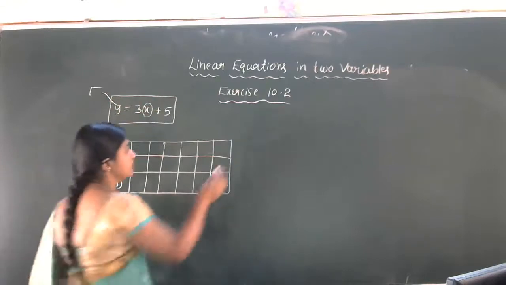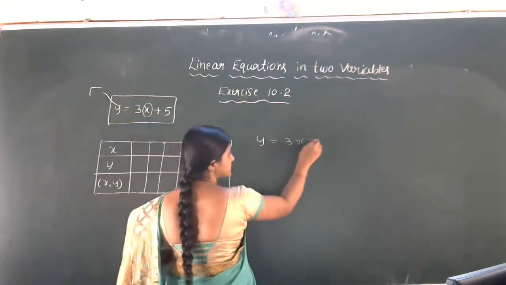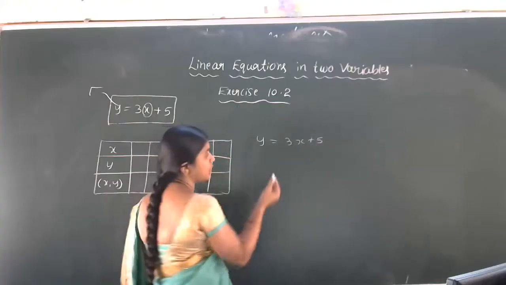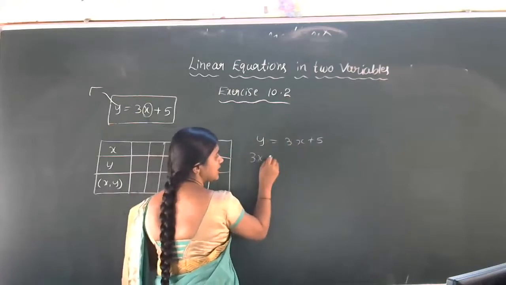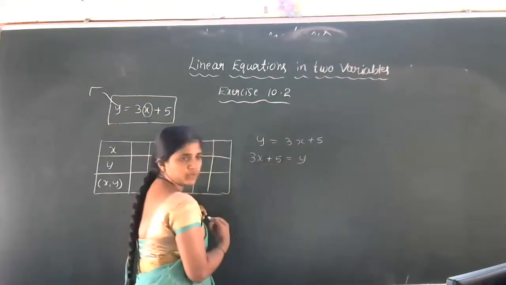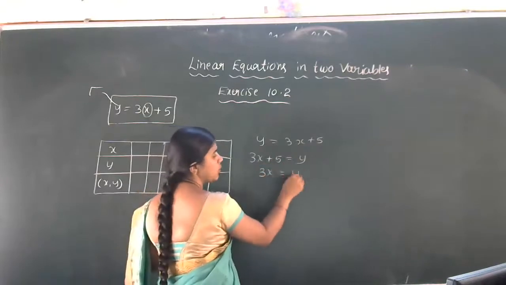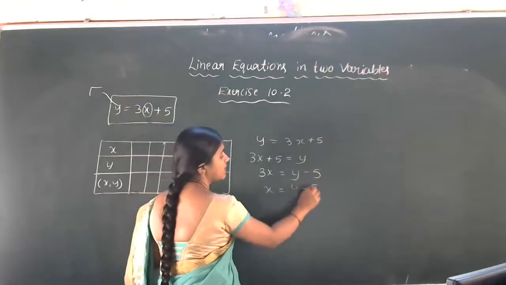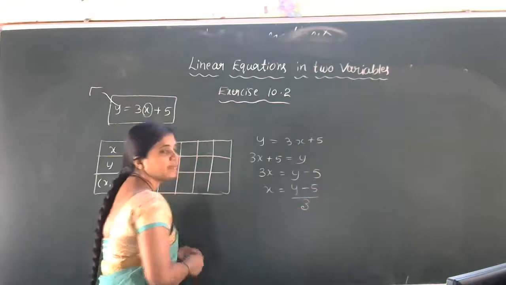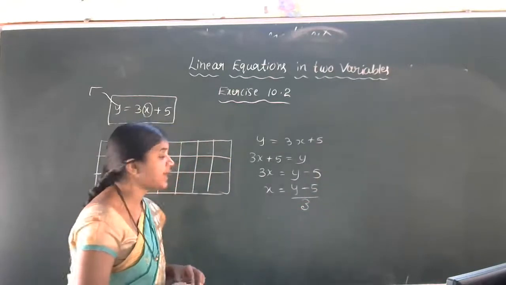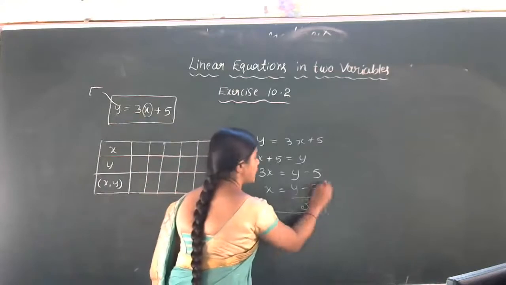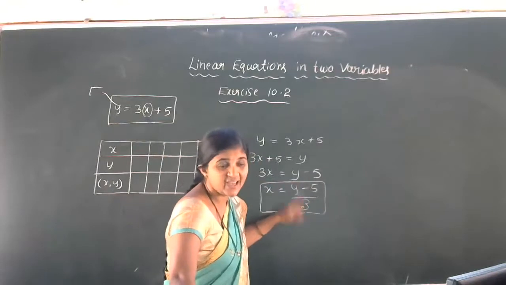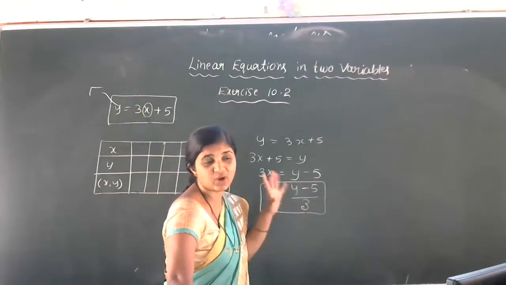Then what is the x form now? See, y is equal to 3x plus 5. Now this is in the y form. If we want to convert this expression into the x form, then what we have to do? I'll exchange this one: 3x plus 5 is equal to y. Then 3x is equal to y, I'll transfer this 5 to this side as minus 5. Then x is equal to y minus 5 divided by 3. This is called the x form. But when the x form is there, a fraction is there. It is a little bit confusing. So how to find x and y?